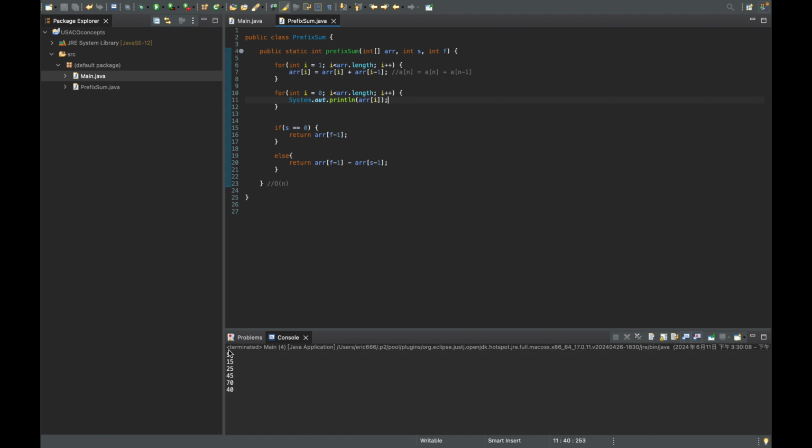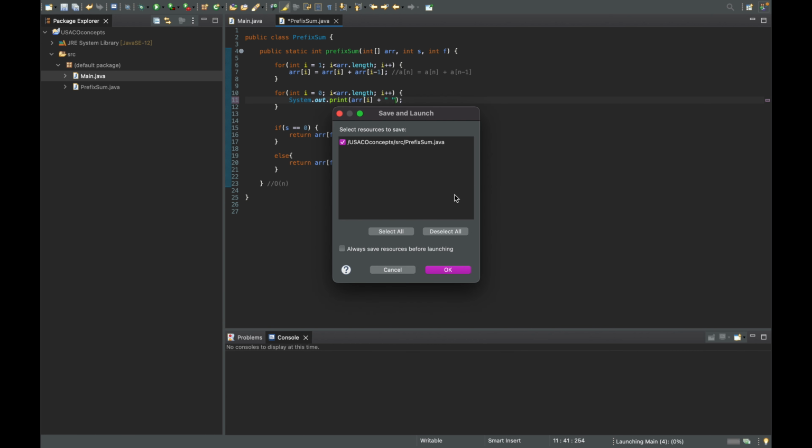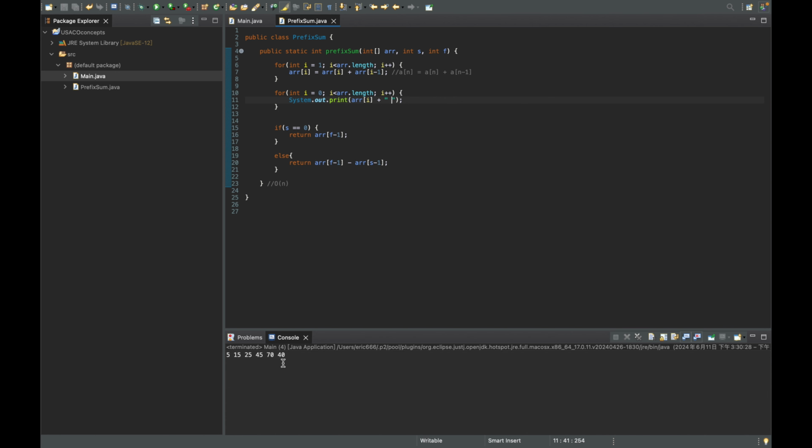So like I said, if you add everything, 5, 15, 25, 45, 70, and this 40 is just the result. Oh, here, this should have a better visual. So it'll be this and not 40. 40 is just the result of